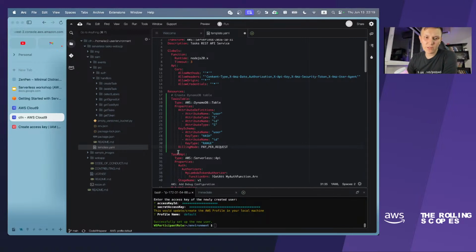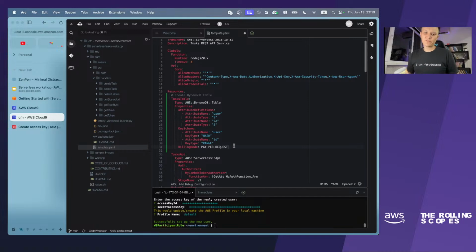I'm not sure about the second one. I believe that it is provisioned. So you can save your money by using provisioned, for instance, if you are sure that you will have some persistent workload during the next period of time. But in our case, we will choose pay per request, which could be a bit more expensive than the provisioned one.